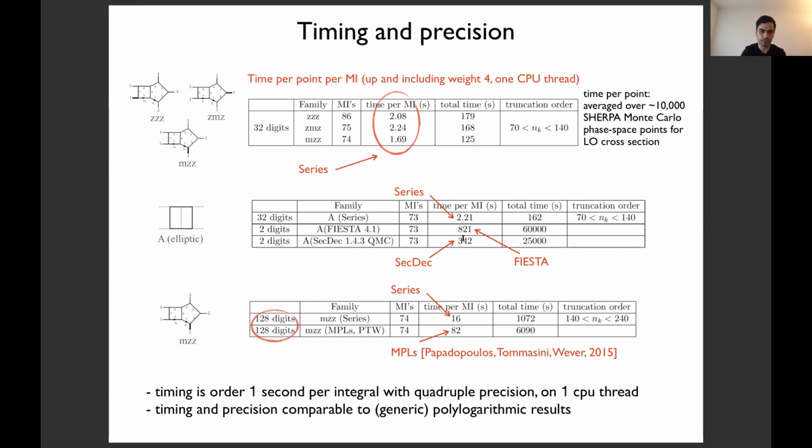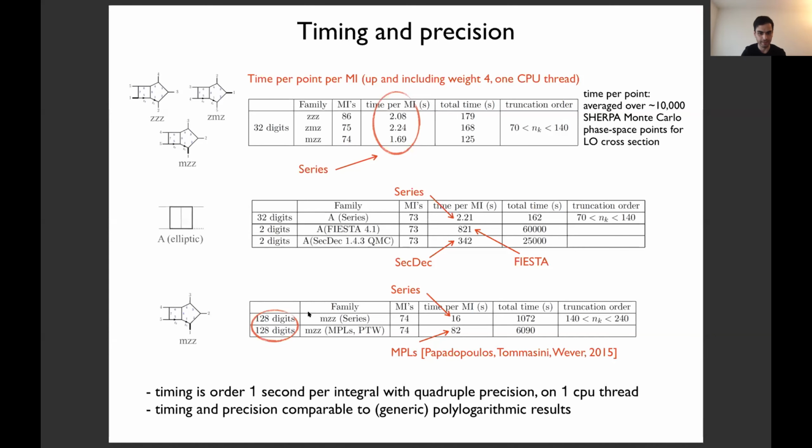But here I also put a comparison with SecDec and Fiesta. Actually, here the run was done with, of course, a much lower precision, a relative precision of 10 to the minus 2. As you can see, the timing per master integral is at least 2 orders of magnitude larger when using these codes. And then finally, what I find the most interesting comparison is how this approach compares to